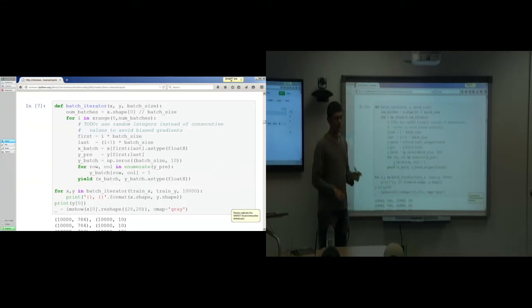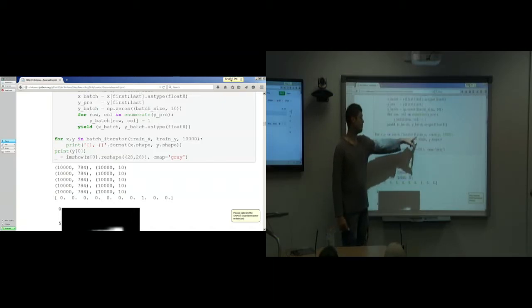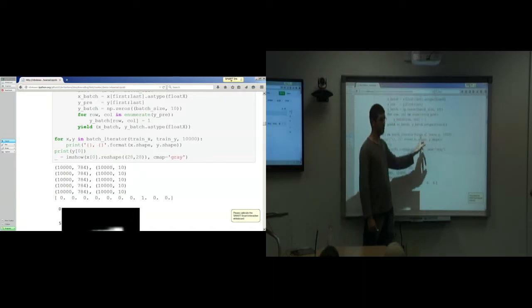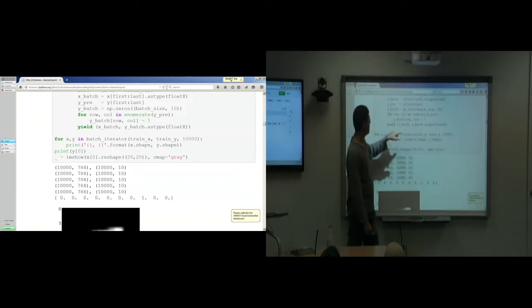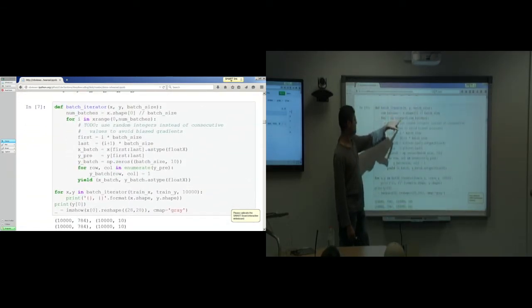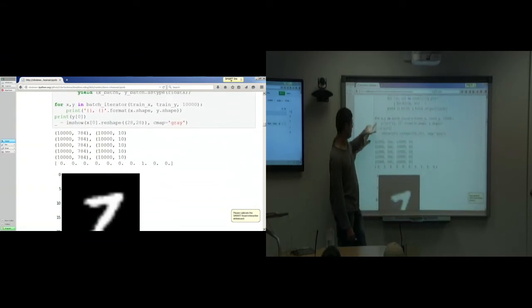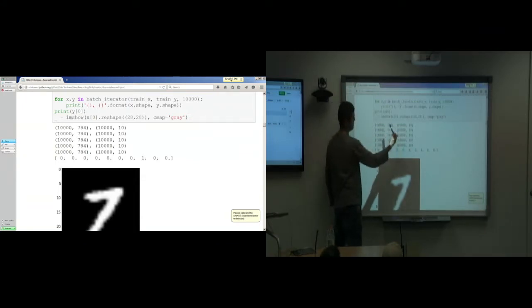So this is Python generators. In Python you can do this kind of thing. So for x, y in batch iterator, I say what the data is that I'm iterating, and what is the size of the training batch. We will call this function batch iterator, which does that. It just cuts the data. Okay, and this is what it retrieves at each iteration, 100 examples of this, of 28